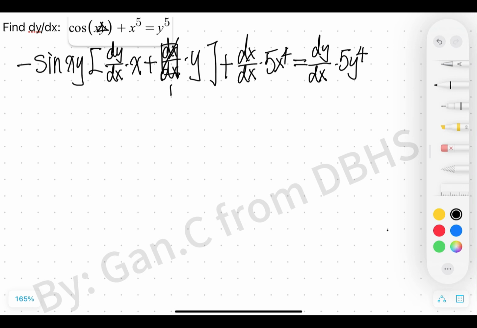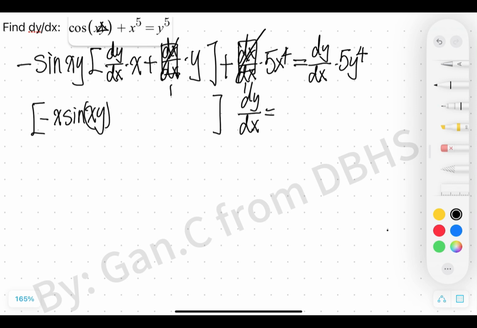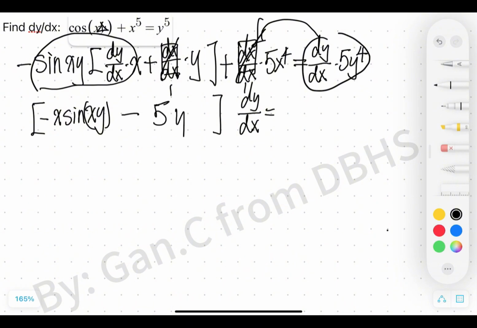how can we find the value of dy over dx? We should put all those terms in this way: a coefficient times dy over dx equals to another thing on the right. So let's just multiply it out. The thing will change to negative x times sine xy, which is this thing, and let's move the right to the left, which is minus 5y to the 4th power